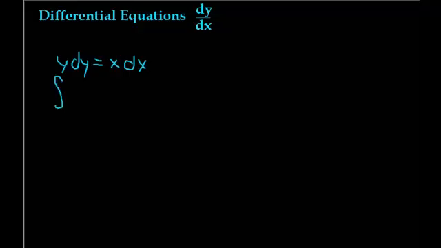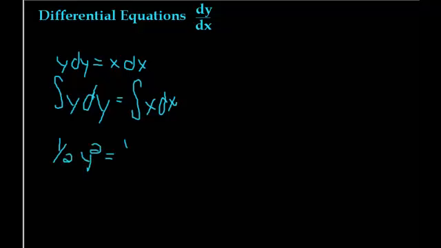So that would be the integral of y dy, which is equal to the integral of x dx. So after you do that, you have to take the antiderivative of each side of the equation. So then you get 1/2 y squared, which is equal to 1/2 x squared plus c. And what c really stands for here is just the constant, so it's whatever the initial position of